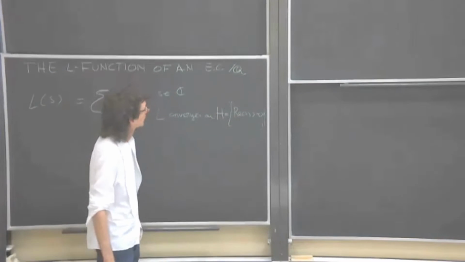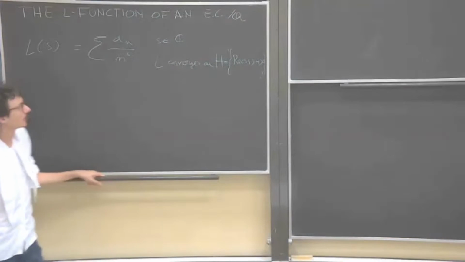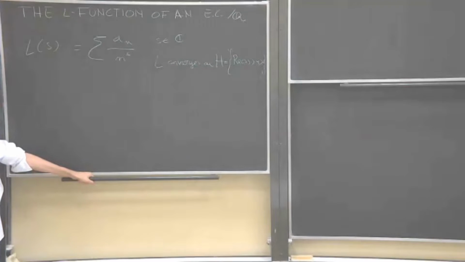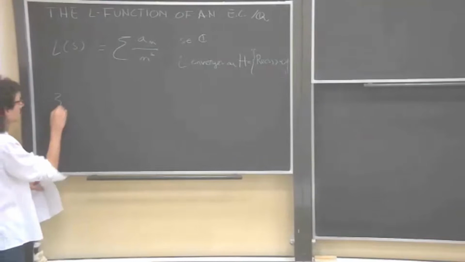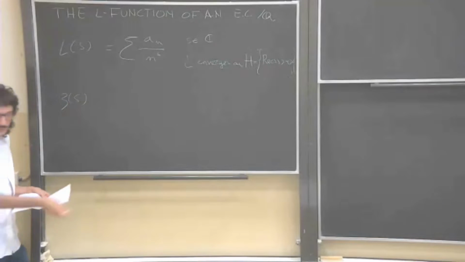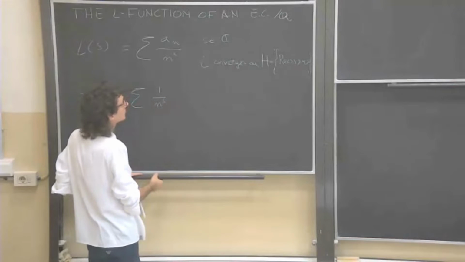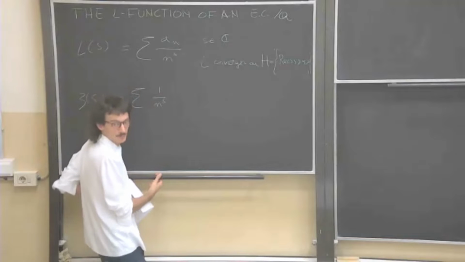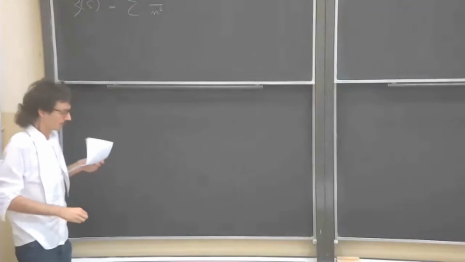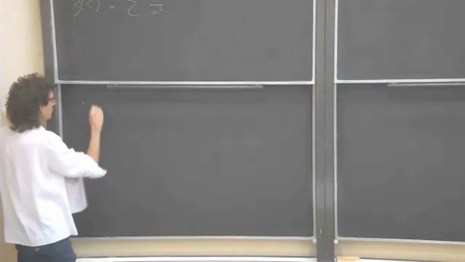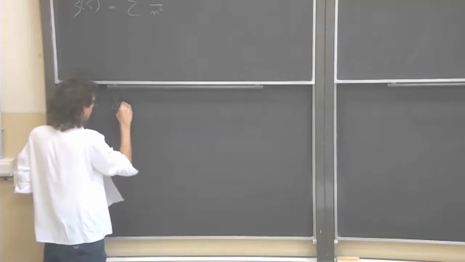So those L functions are able to contain some surprising arithmetic information. And the first example of this behavior is the most famous L function, which is zeta of s, the Riemann zeta function, which is given by the sum of 1 over n to the s. And I would like to take a moment to use this as a prototype example for interesting and required properties of L functions, which are, first of all, L functions usually are required to have